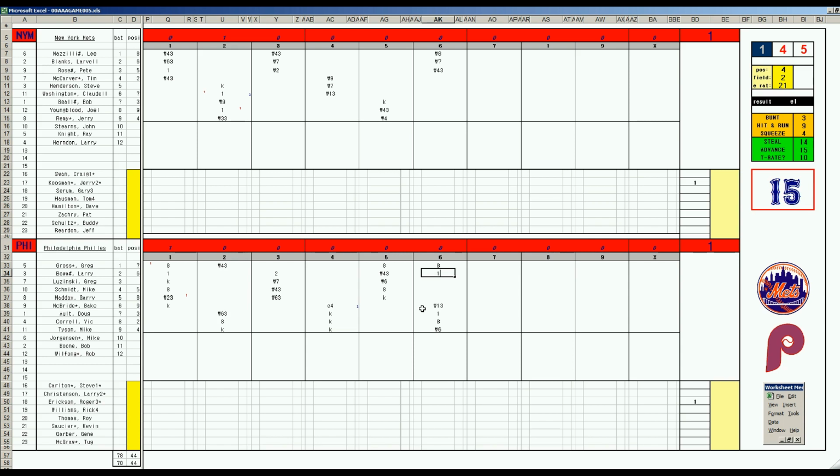Wait a minute. Hang on to your hats, folks. I might have to check this. If this is to Mazzilli and his noodle arm in center field, he might just actually run. So he's a 9 runner. 10, 11. What is the arm of your center fielder? Lee Mazzilli. It is